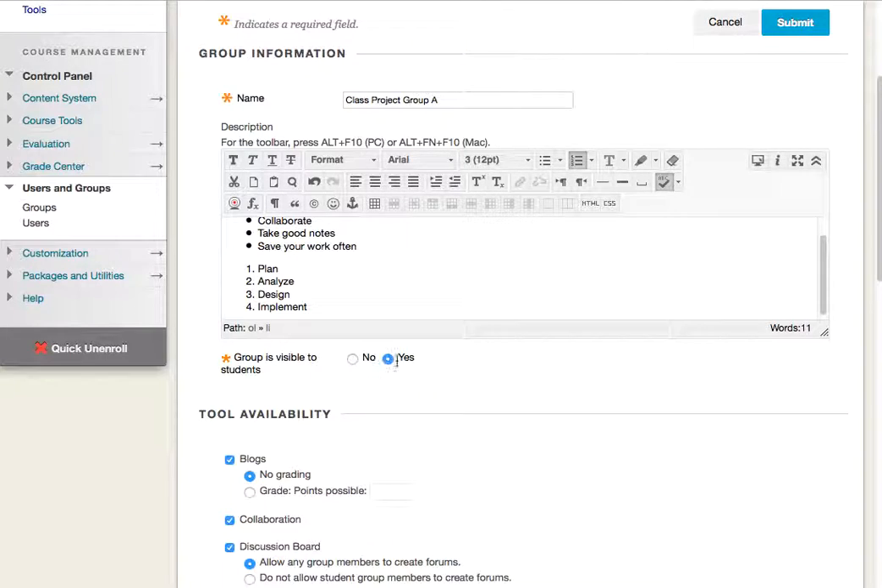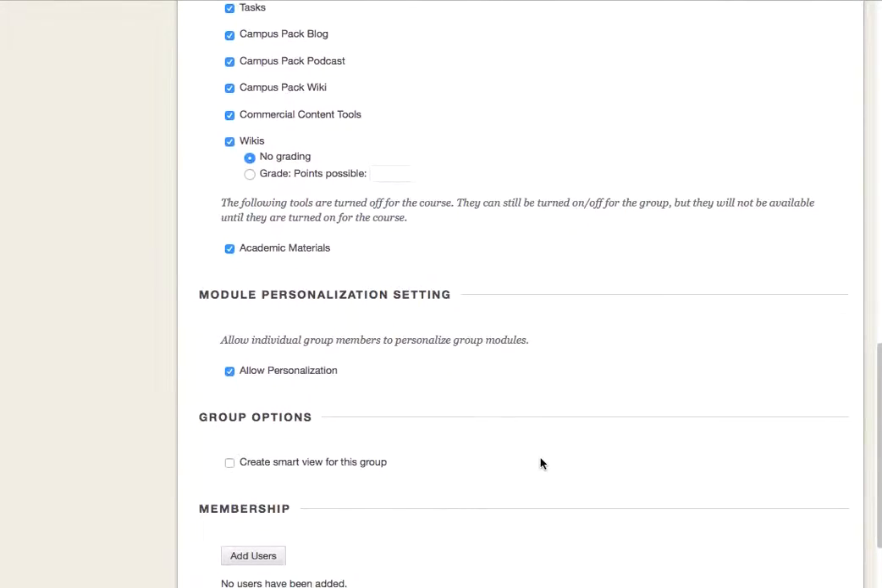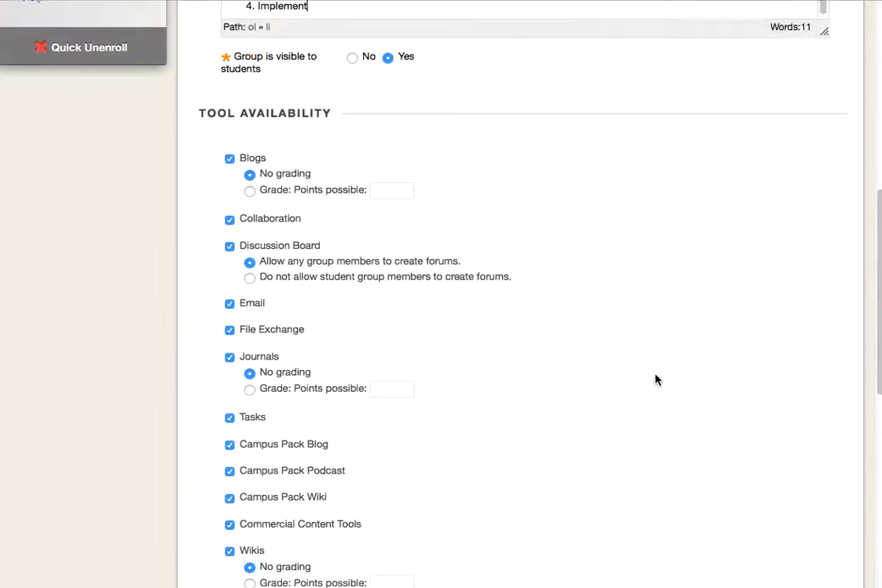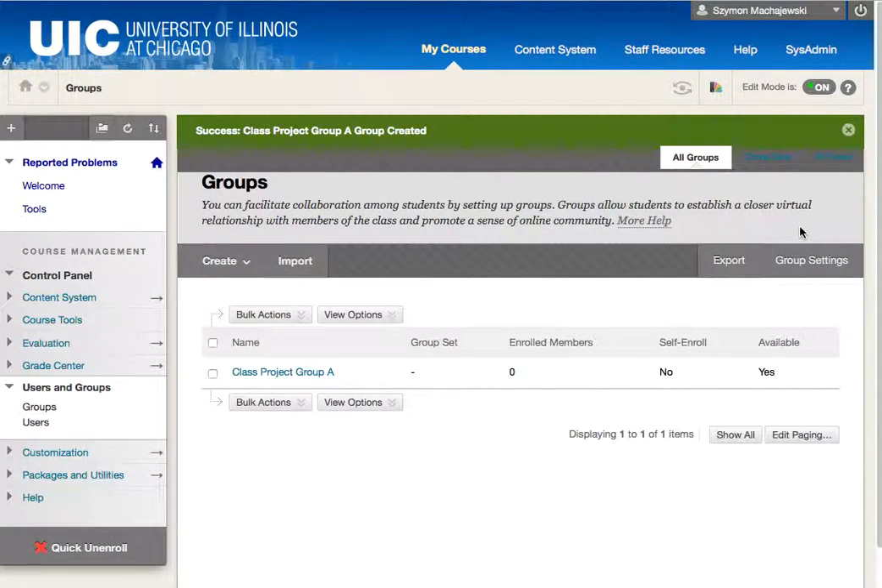We're going to make the group available to students, and let's make sure that other settings are fine, and in a moment we will add a user. So we'll say submit. To complete this particular test, we need a user, and in Blackboard Learn we now have a very convenient way of logging in as